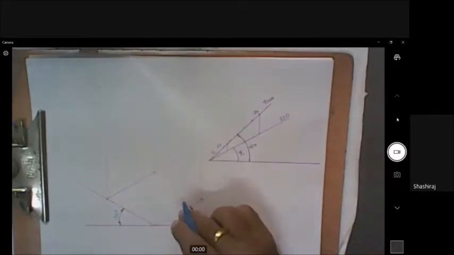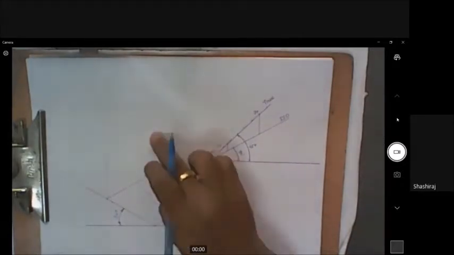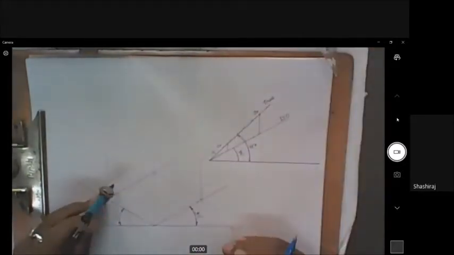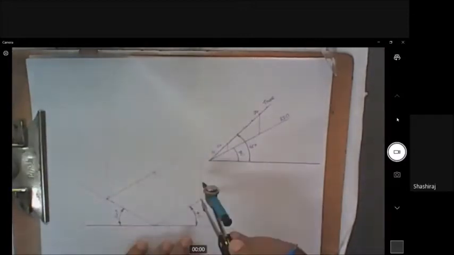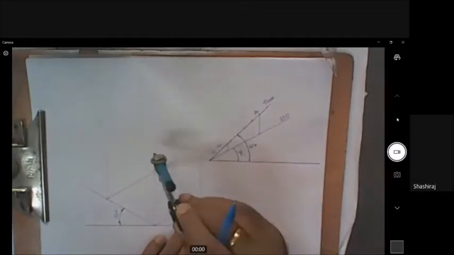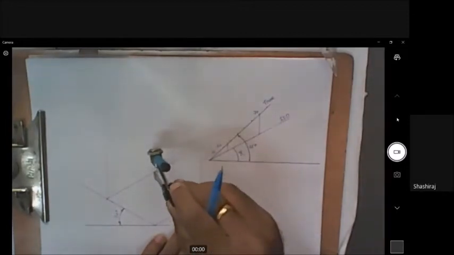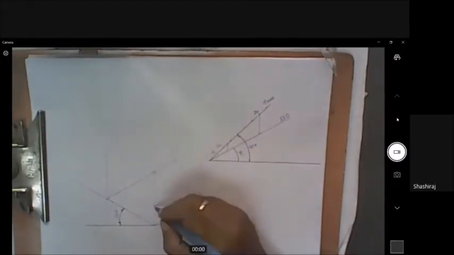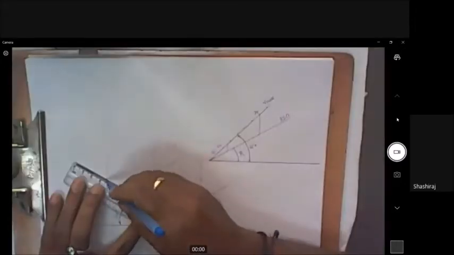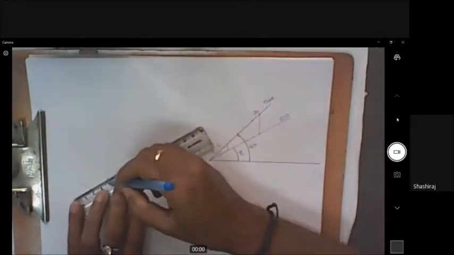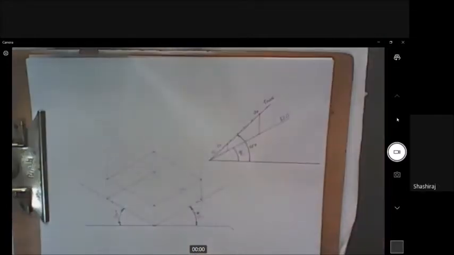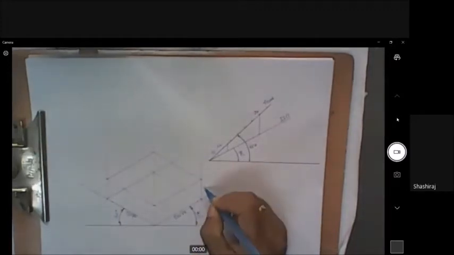Obviously, because these two are equal, these two are equal. Obviously, it has to be on the same vertical line. This is 20, so 25. All these verticals, I'll mark this. So I got the top face components, join them. We have completed the isometric projection of the bottom solid. This is ISO 70. This is also ISO 70. This height is ISO 25.